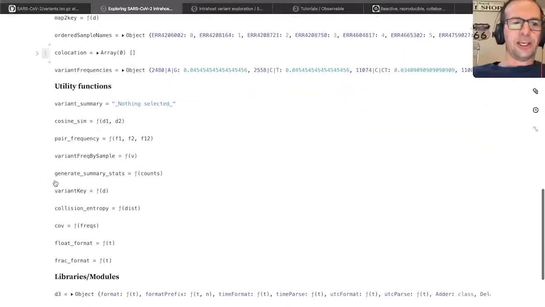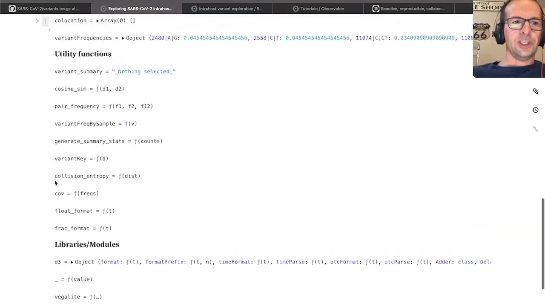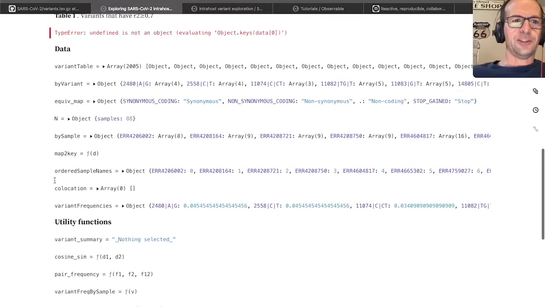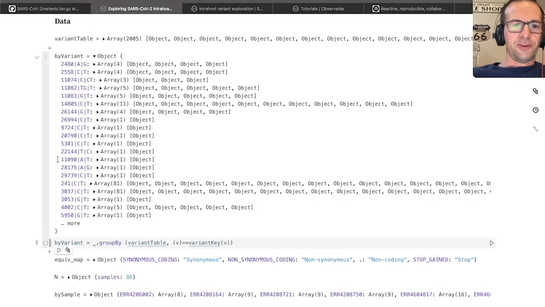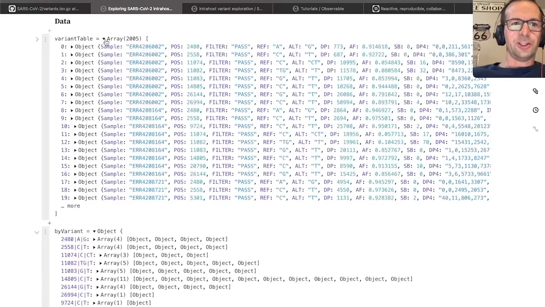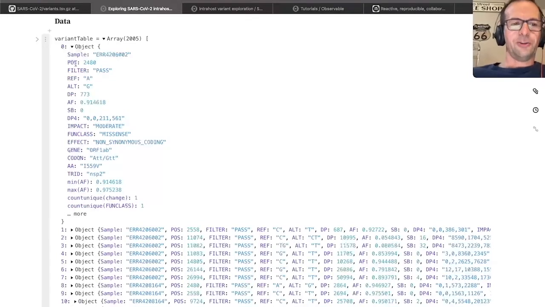So I'm going to scroll down and identify where this biVariant exists. So here is biVariant. This biVariant itself is generated from a variant table object, which is here. This is the raw data for all the variants, and you can see that the variants themselves are now just JSON-like objects, JavaScript objects, with all the attributes that were in the TSV file present here. So for example, we can also add amino acid and the name of the